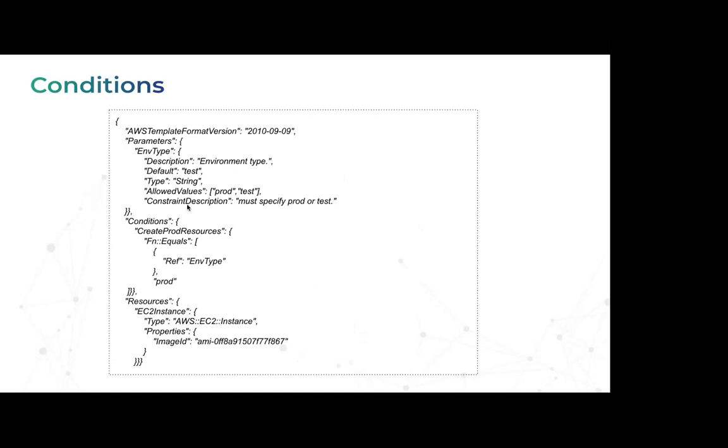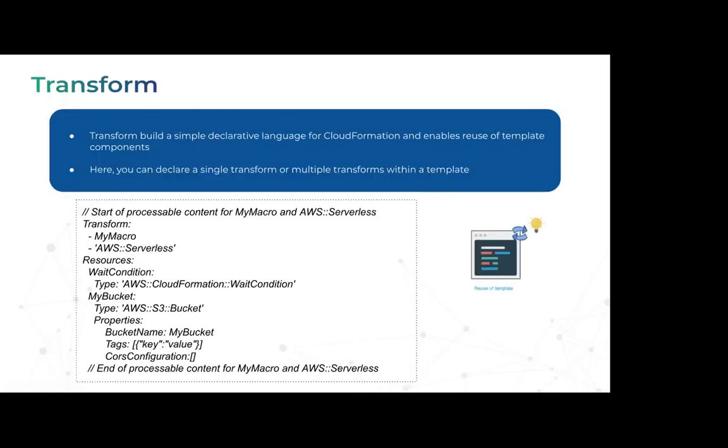Like here, exactly, it is given, right? The same thing, that you first define the environments. Condition is there, create prod resources. If the environment type is equal to prod, then only it's going to take care of it. So those kinds of intelligent switching you can also do with the help of condition. So it's not just a simple, plain, static, I would say syntax-driven, but it also has some smart capabilities and internal intelligent switching in it.